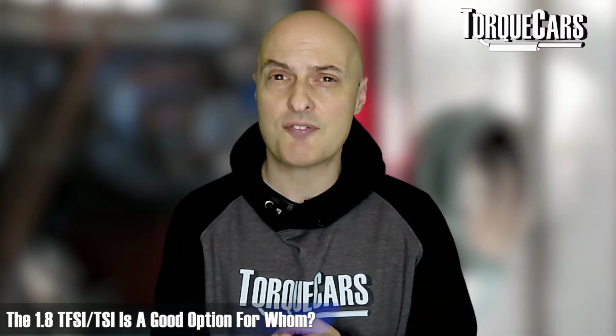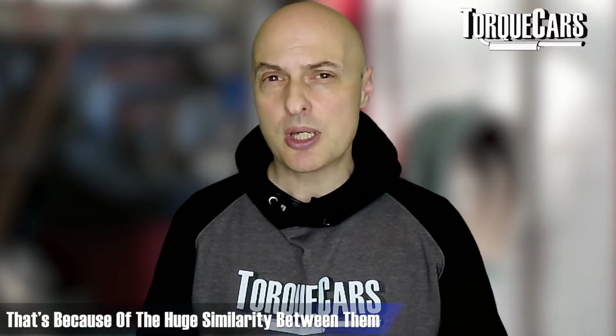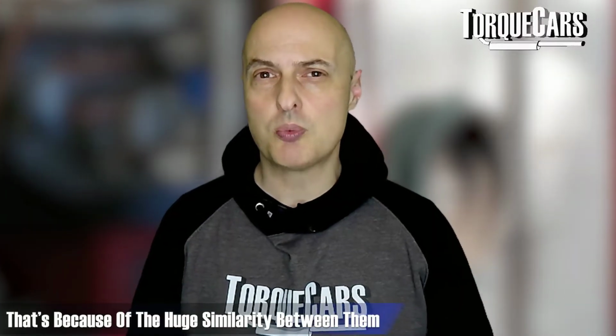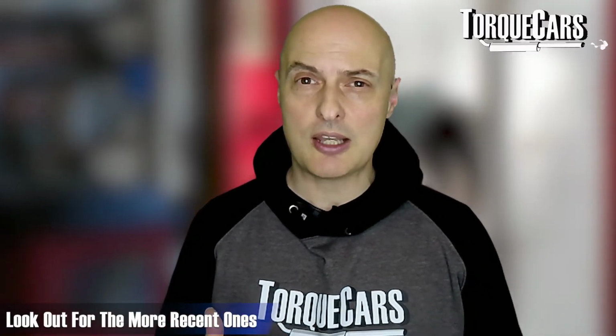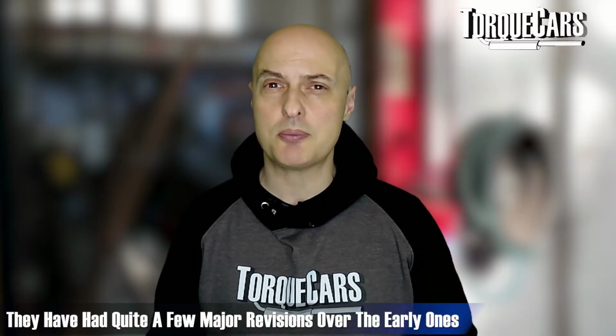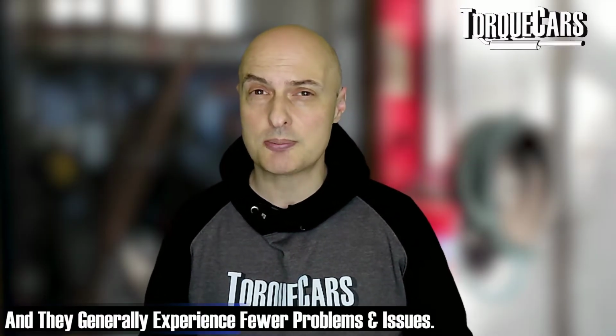The 1.8 TFSI may be a good option, but pretty much anything we say about the 2-litre TFSI also applies to the 1.8 TFSI. So they're both very good engines. They offer a lot to the tuner. Again, look out for the more recent ones. These had quite a few major revisions over those early ones